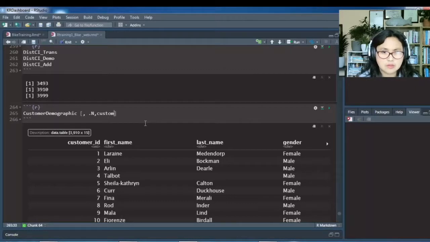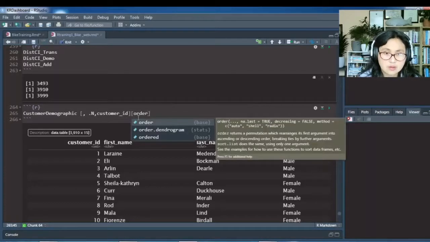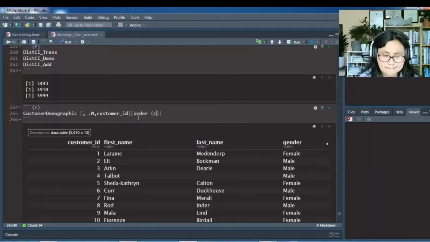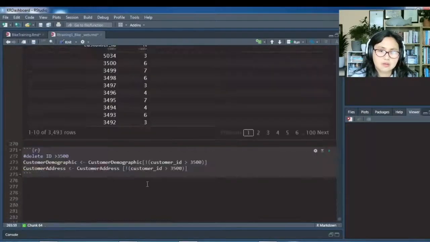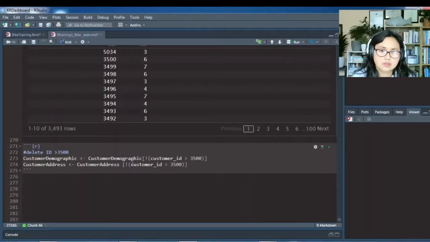By customer. Interesting. ID. It's confused. Negative, so that you can see descending order. Okay, so right, yeah. See, you know what I'm talking about. You have to remove this number. So that's how you go. You use this one. Okay. Next, and then